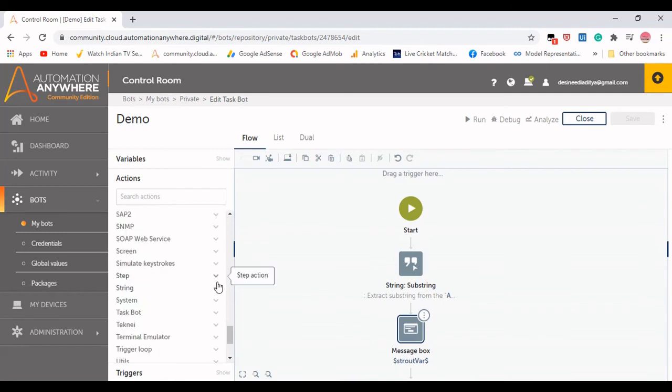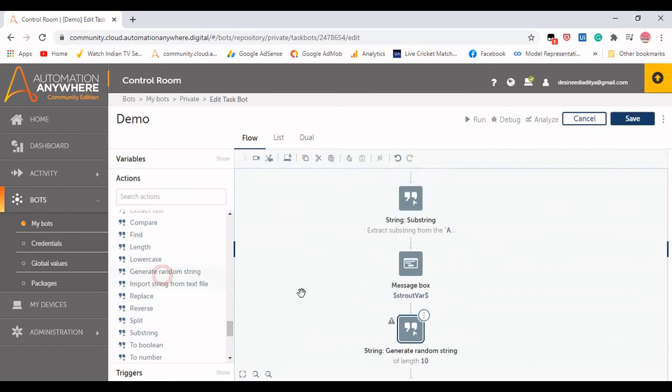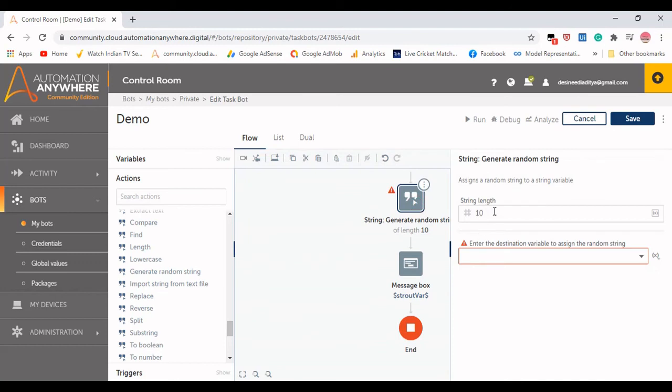So the last one is generating a random string, so we will see that as well. Generate a random string. Let me drag this one to the top and delete this particular substring, and the input for this generate random string is the length. If you want a 10 digit random string, or 9 digits, 1 digit, 5 digits, 100 digits, then you give that number here and assign it to the output variable here.